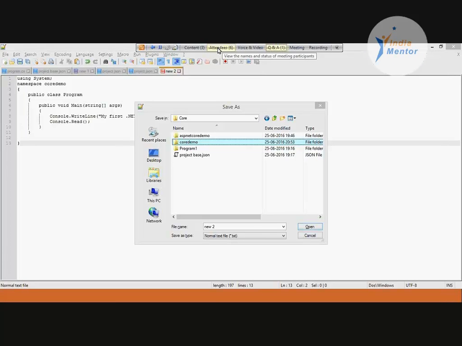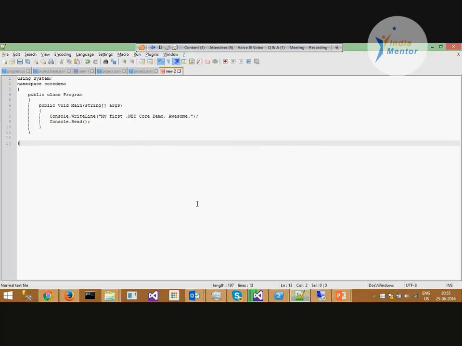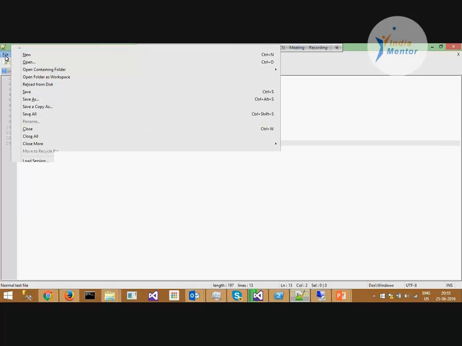Awesome. Let me save it out. Let me go back a few steps. So here is a small sample program that we are going to compile with the help of DNVM and execute. I'm using Notepad++. You could very easily do it with Notepad. So this is a very simple program. It just has a small statement. It is trying to print on the console here. So let me go ahead and save this.